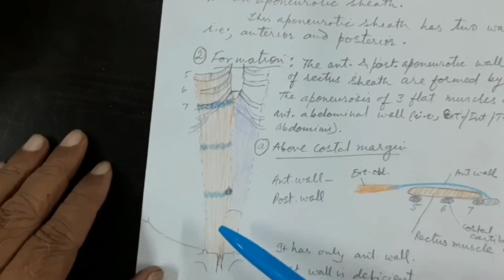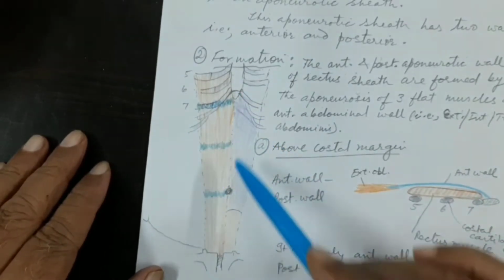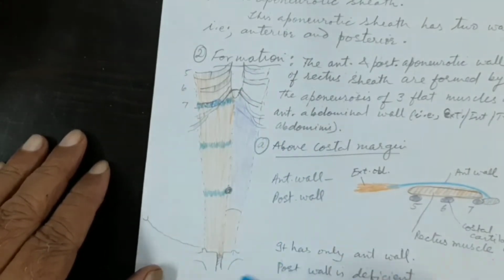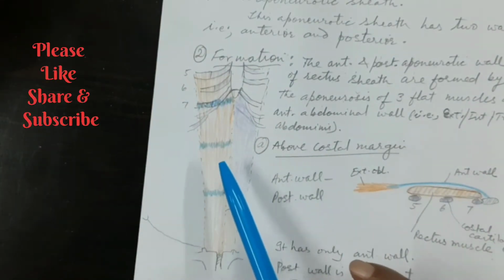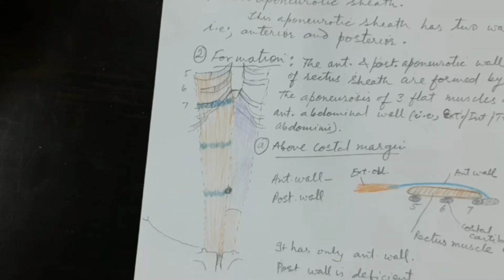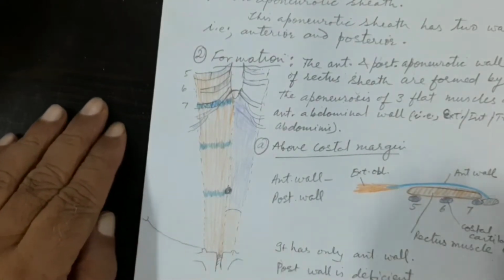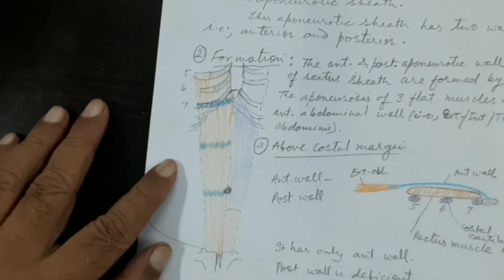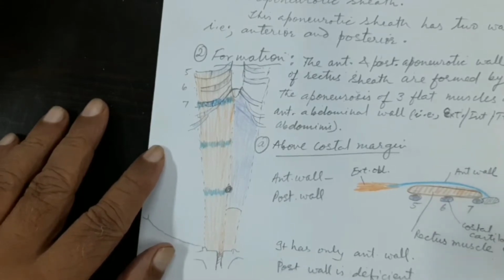This muscle is present both on the right side as well as the left side, on either side of the median plane, the midline. And this muscle is enclosed in an aponeurotic sheath. What do you mean by aponeurotic sheath? That means this muscle is covered anteriorly and posteriorly by aponeurosis, and this aponeurosis is actually derived from the tendons of insertion, which are aponeurotic in nature, flat.